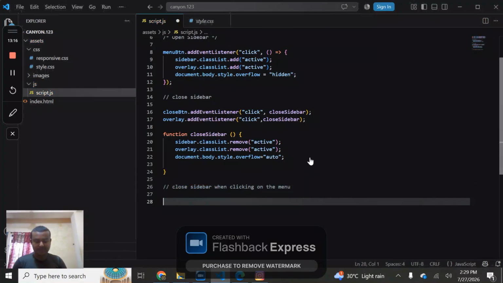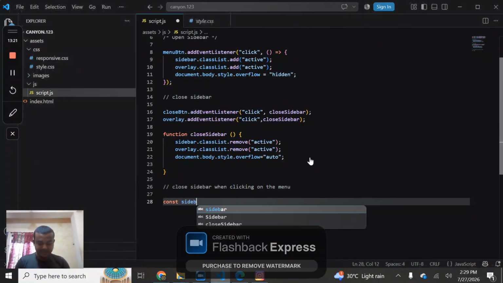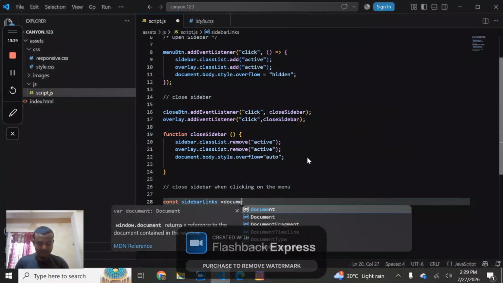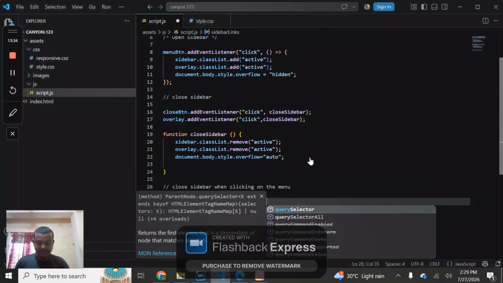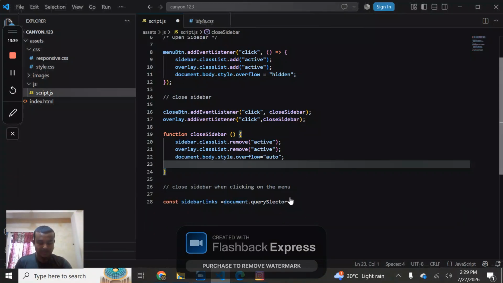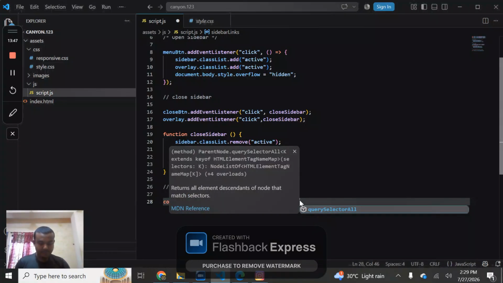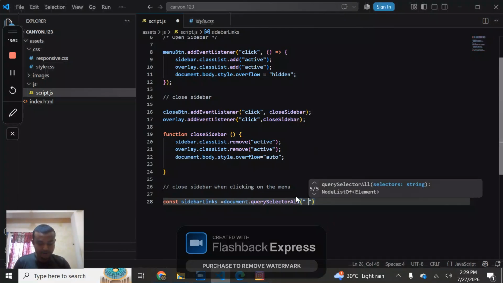So const sidebarLinks, const sidebarLinks is equal to document.querySelectorAll, with the S and the E uppercase, selectorAll, .sidebar-menu, .sidebar